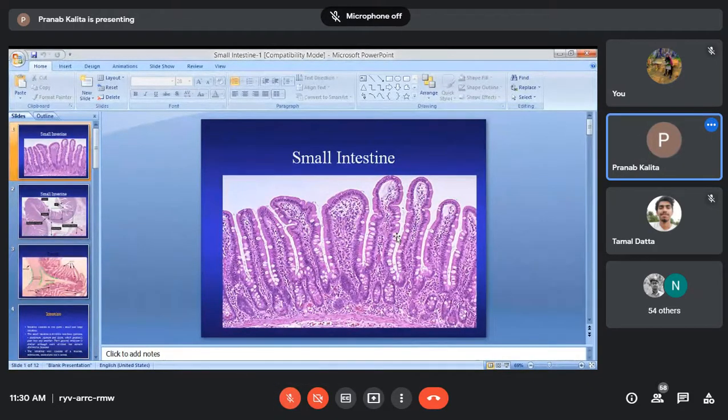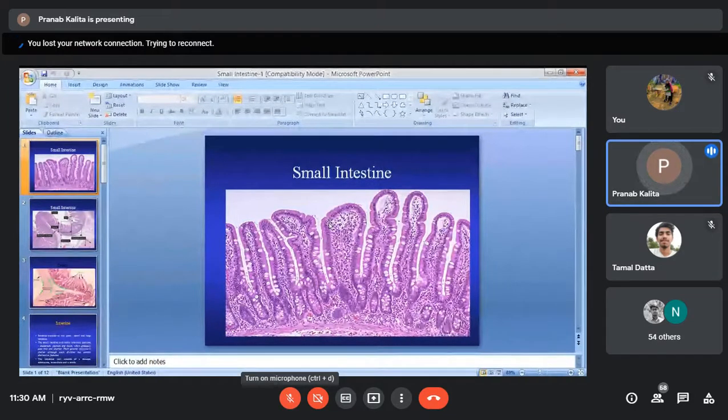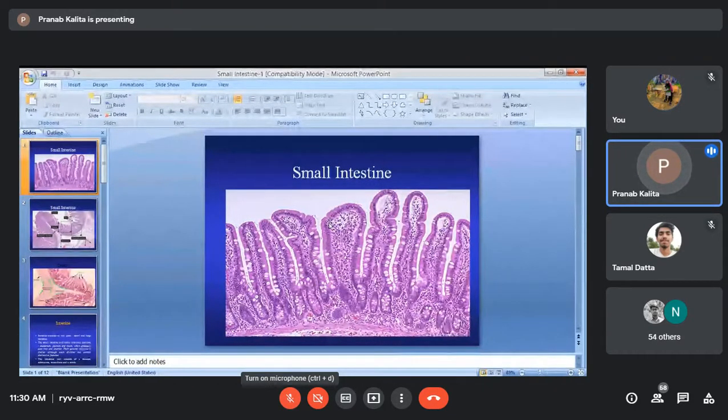And you see the columnar cells are more towards the apical part of the villi, and goblet cells are more towards the basal portion. Normally, at the tip, the topmost part of the villi, you won't find goblet cells. So in the villi you will find the columnar cells and goblet cells. The goblet cells function in mucus secretion, and these columnar cells divide at the base, especially near the crypt, and they renew after every 2 to 3 days.